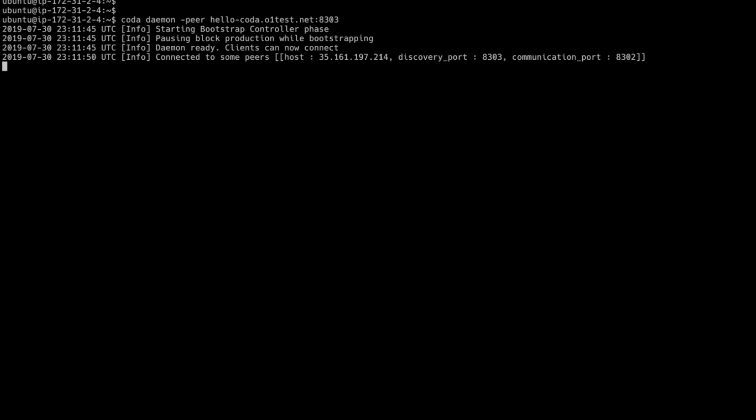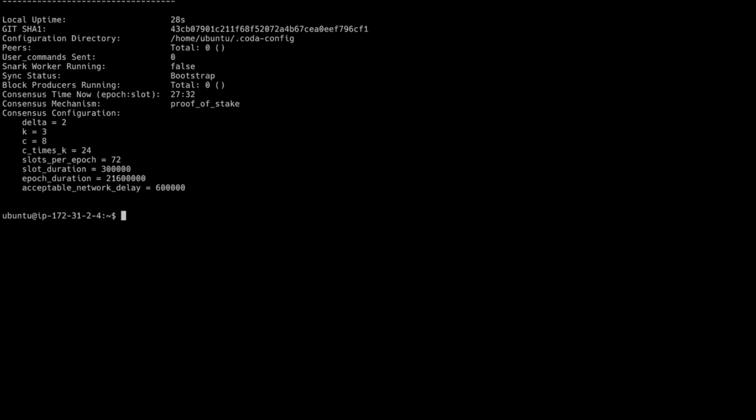It's starting a bootstrap, pausing block production, so it can't produce any blocks. Oh, daemon ready. Now I can connect, and it connected to some peers. So that's awesome. We've connected to the running testnet. So I'm going to go into window 1 and run this command that I just typed before, Coda client status,